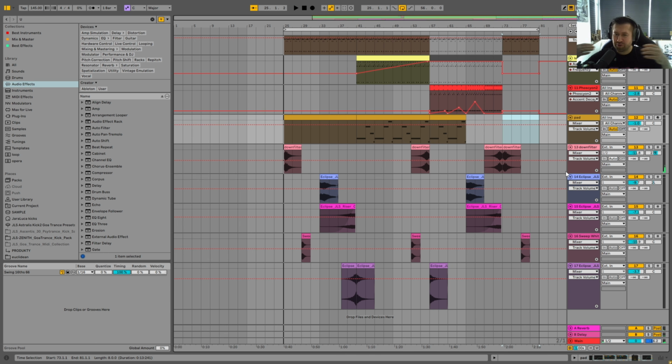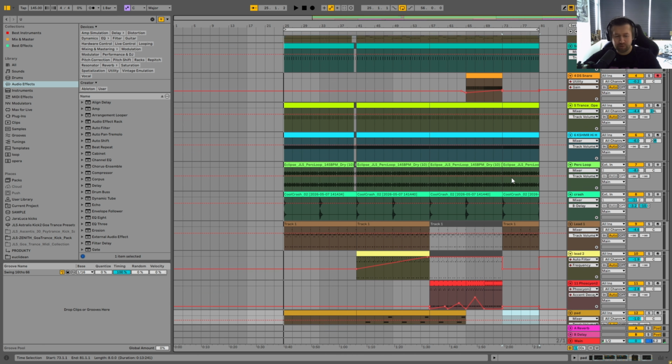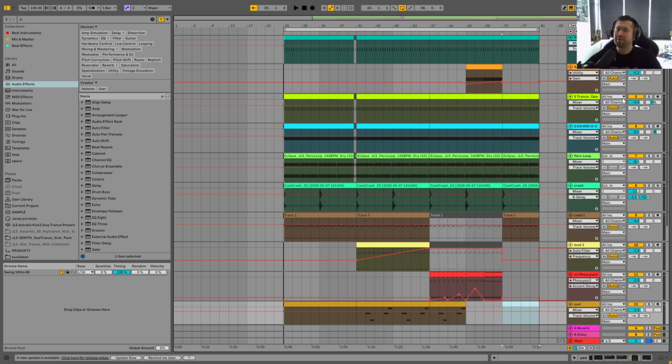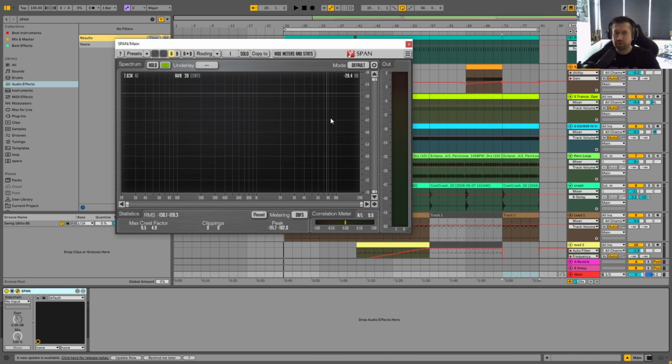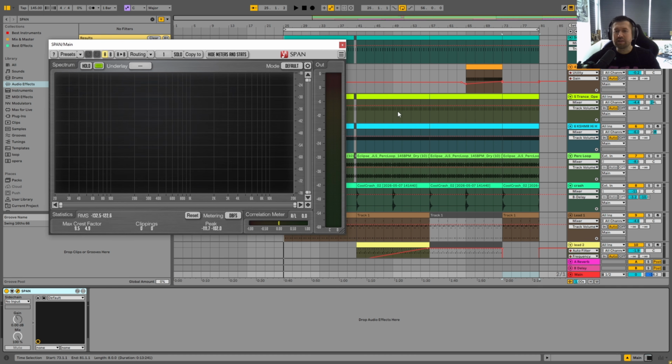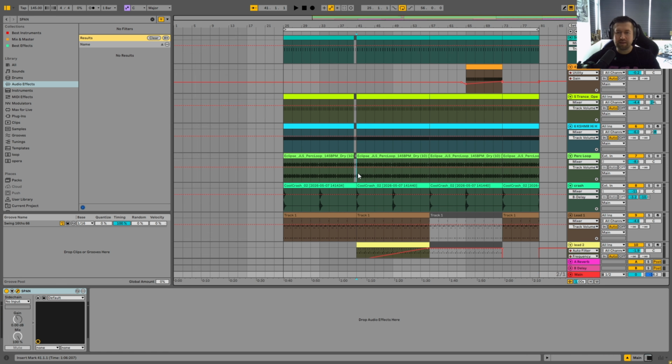So another very important thing which is actually required from you is to have everything sound balanced. So we need to take control of the sound, of the volume. Another thing is to fill the full spectrum. For example, you can use Voxengo Span. So you can see now, if I will play it,